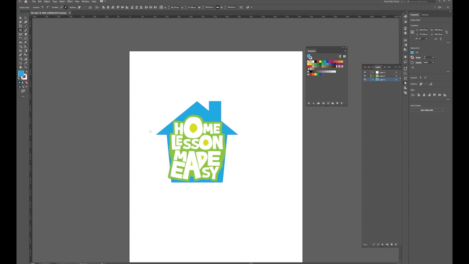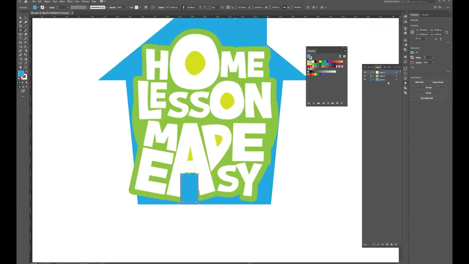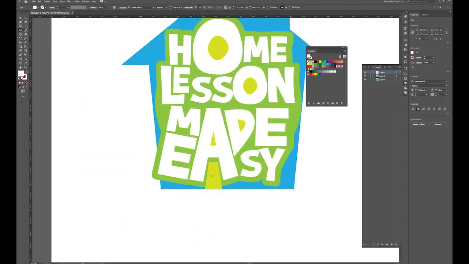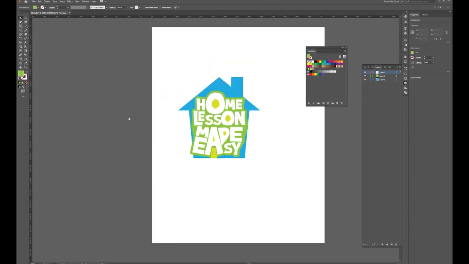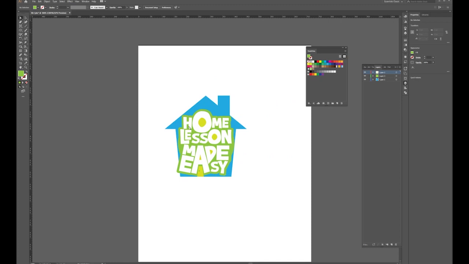So I'm going to select the rectangle tool again, and this time I'm just going to draw something like a door. All right, so I'm going to zoom out, and then we have this. Now, the next thing I'm going to do is to draw the smoke coming out